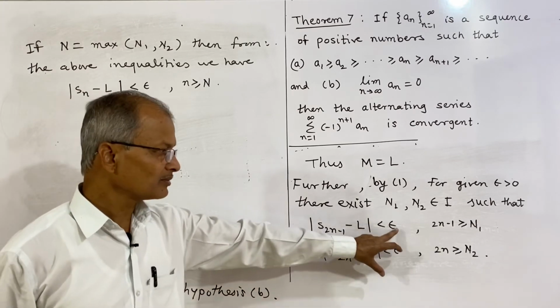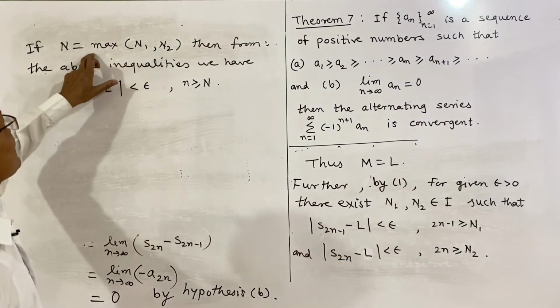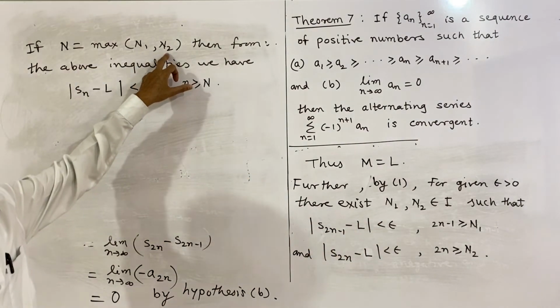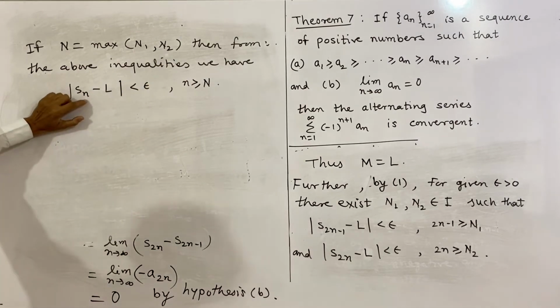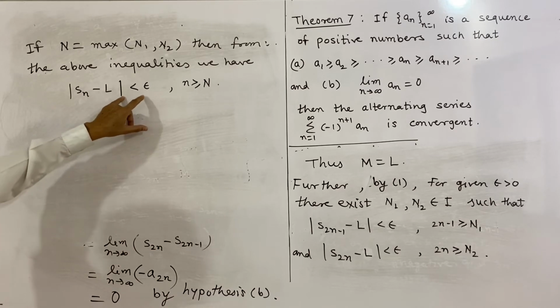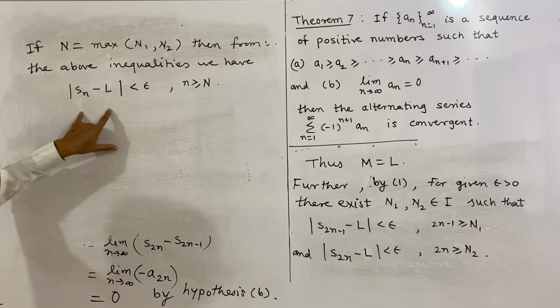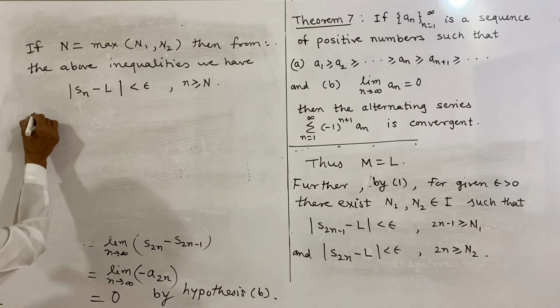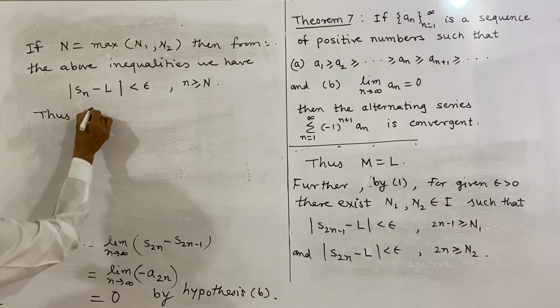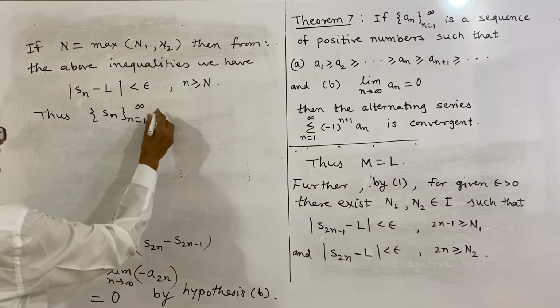both become less than epsilon. Both these inequalities hold if n is the maximum of n1 and n2, and therefore the difference of every term of the sequence and L becomes less than epsilon. So what this shows is that Sn also converges to L. So thus Sn converges